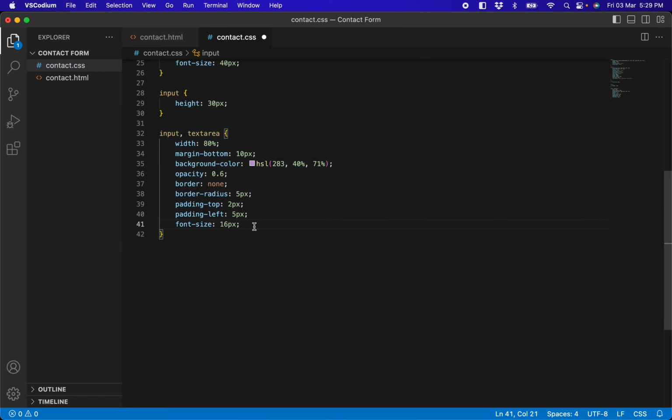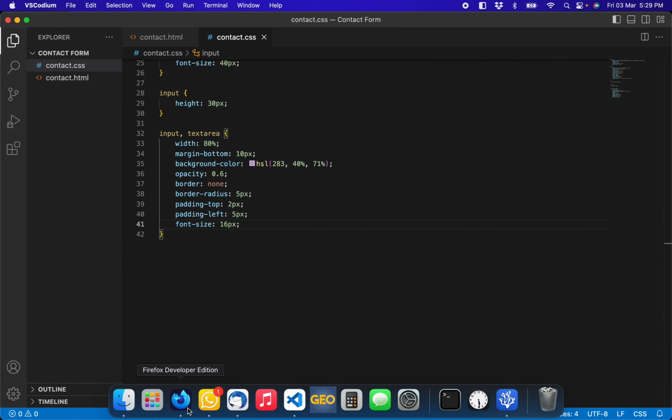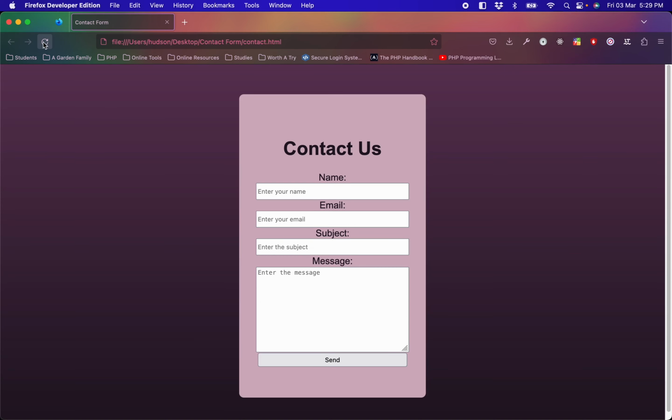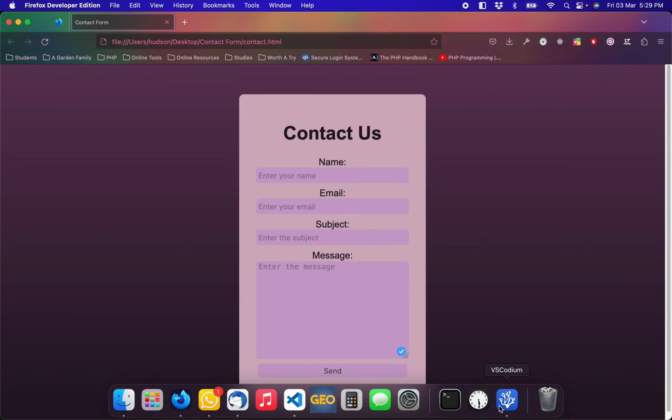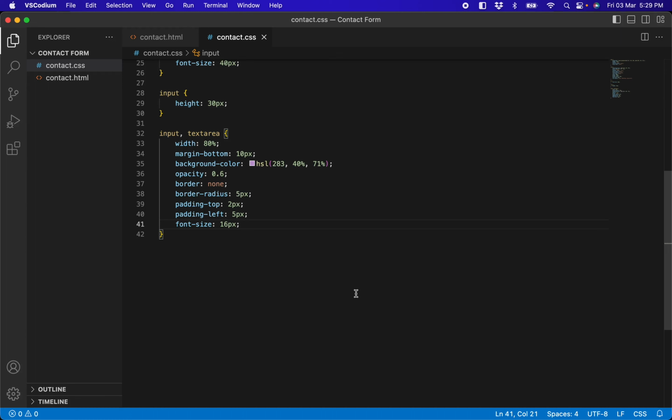I'll then save it, and let's go back here. I'm going to refresh and let's see what it looks like. That's looking much better, much better. We're not all the way there yet, but we're getting somewhere. Okay, then I'm going to go back here, and I am going to